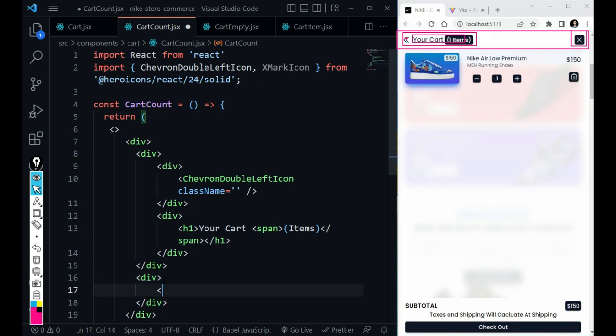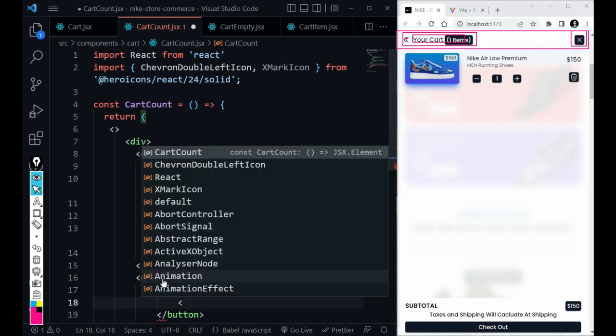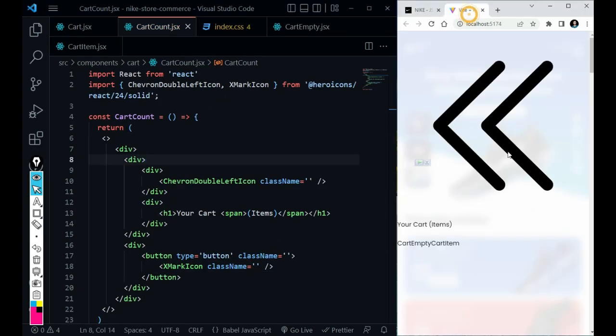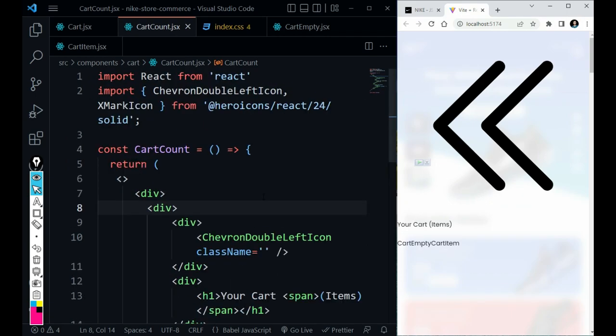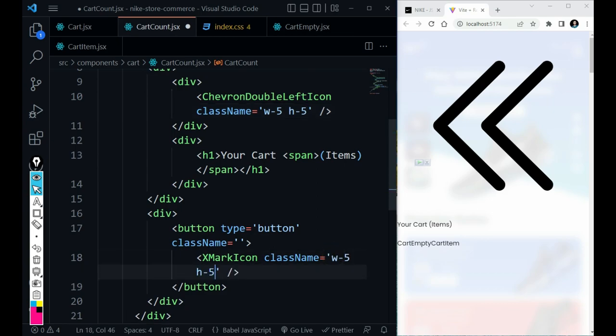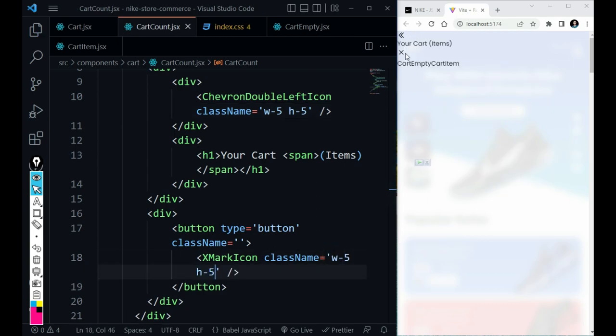In this div, add button, type button, add class name. In this button we have icon x mark, add class name, save, okay. Go there. Oh, it's looking too much weird. Now let's style this component, but first add width and height to these two icons, and okay, great, we can see